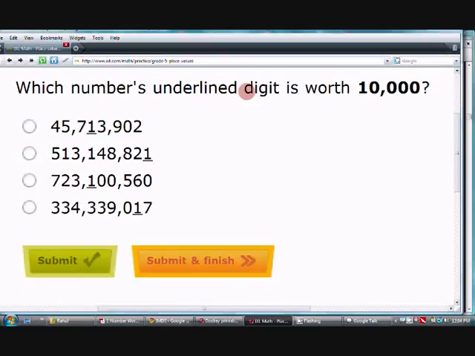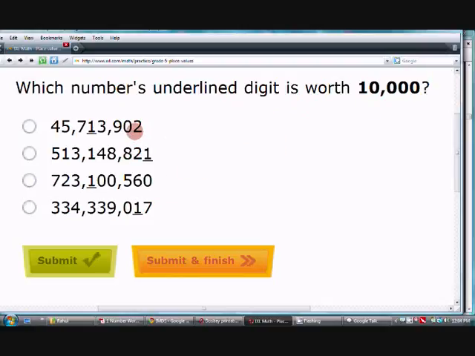Which number's underlined digit is worth 10,000? So let us find the underlined digits. What are the underlined digits? Here is the underlined digit, here is 1, here is 1 and here is 1. So what is the value of it? How much? We need to find for